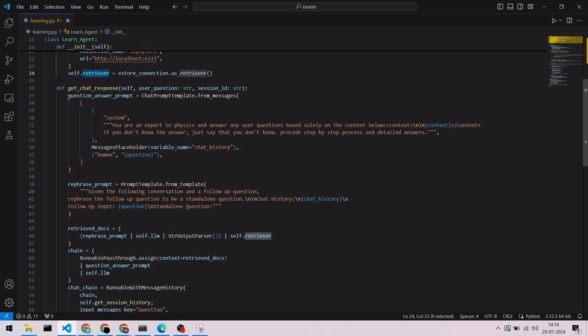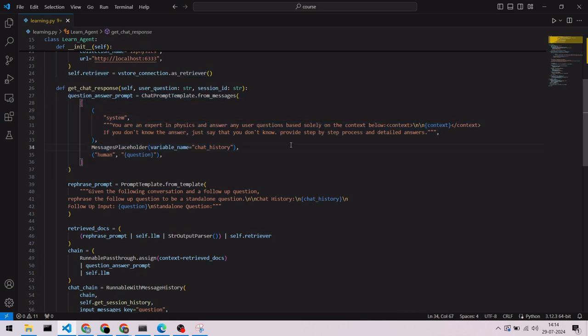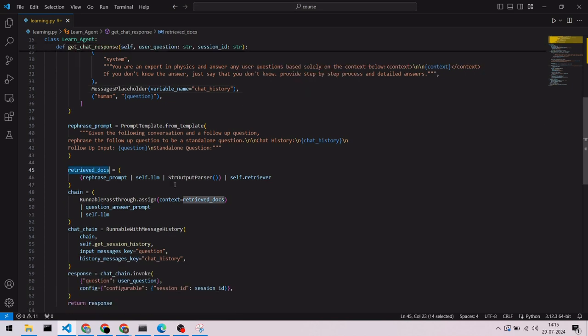Here we have two prompts. The first one will create an answer from the given question. The next one rephrases the given answer. First we'll retrieve the relevant data from the vector database for a given query using a retriever. Then we'll create a chain for the first prompt. We'll add the retriever data as context in our first